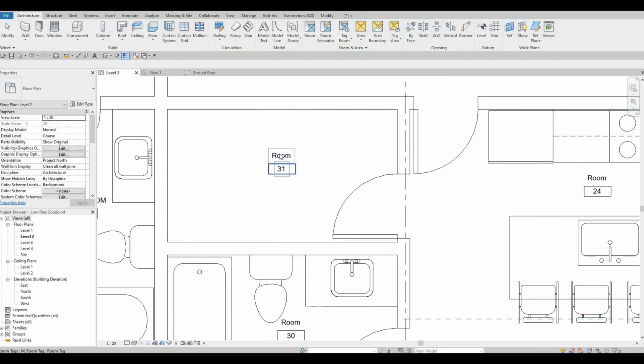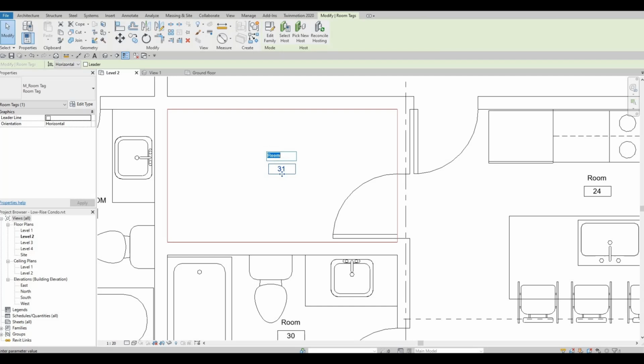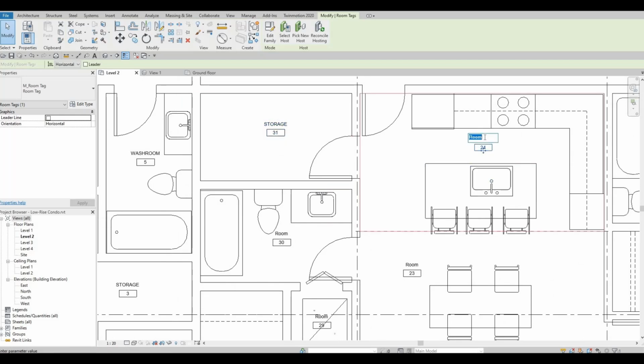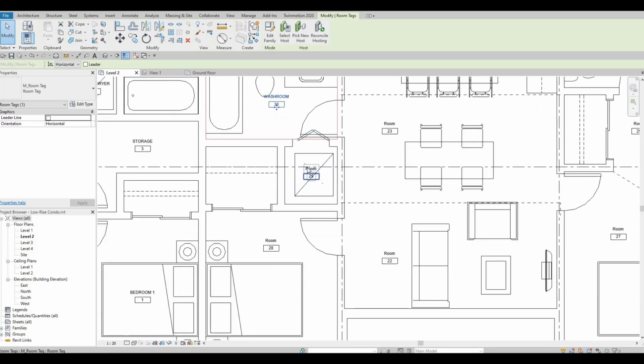And then click on all caps and double click on this storage, kitchen, washroom, dryer,